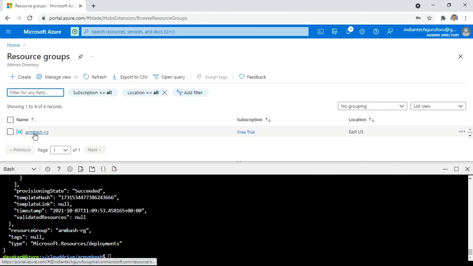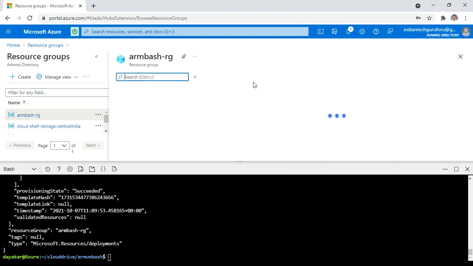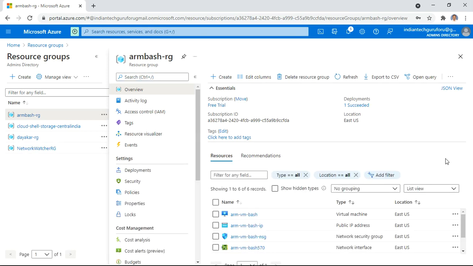You can see this resource group is available. Click on ARM-RG. I want to close this particular window. Yes, the ARM VM bash virtual machine has been deployed successfully.